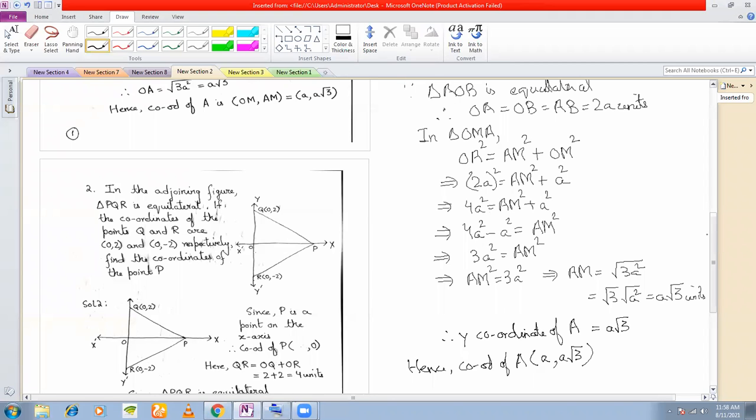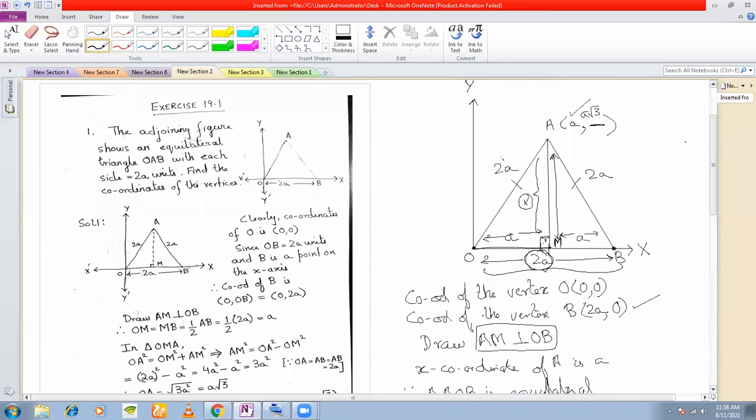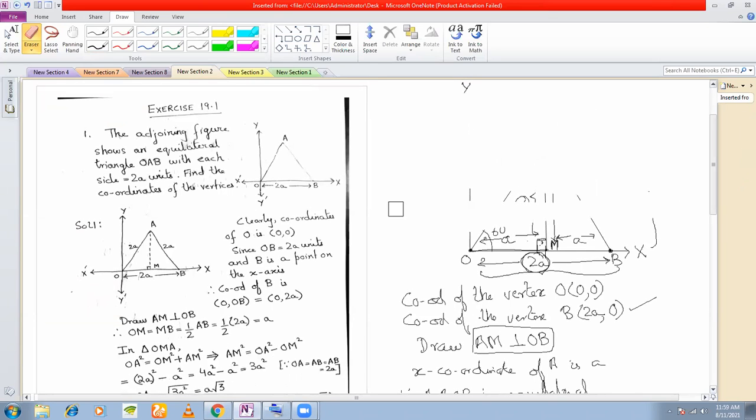That's it. There's another way of finding out the coordinates of A. Very easily, you can find it out by trigonometry, because this angle is 60 degree. So you can very easily find out the coordinates. You can very easily find out this length here. But since I have not discussed anything on standard angles with you, therefore I'll leave this method. Later on, maybe I'll revisit this problem and show it to you by trigonometry. Okay. Moving on to the next problem then.